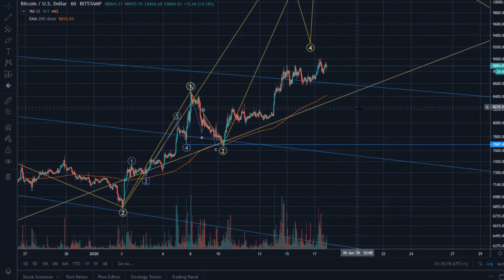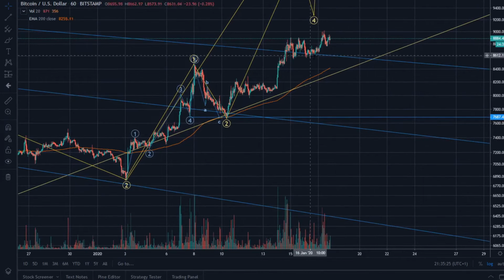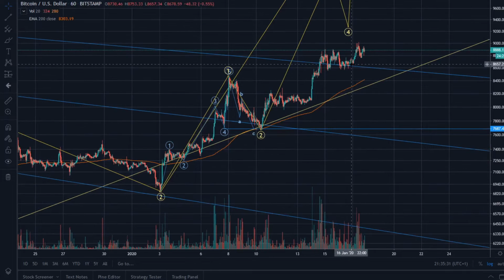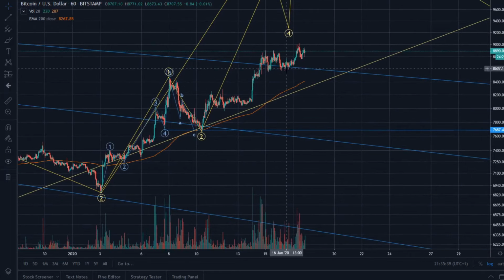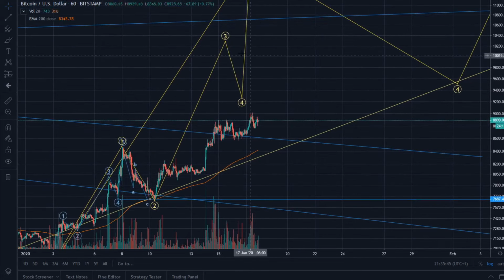So basically Bitcoin is still looking very strong. As I mentioned in the last video, this trend line has been the resistance for the last couple of days. So Bitcoin oscillated a little bit around this price area, which this trend line marks, but so far has successfully left this behind. And in my opinion, Bitcoin is still on the way to at least